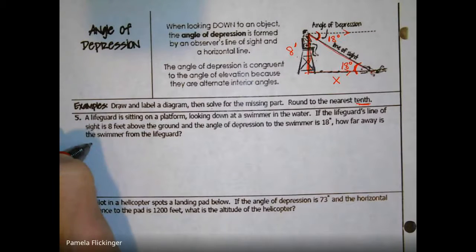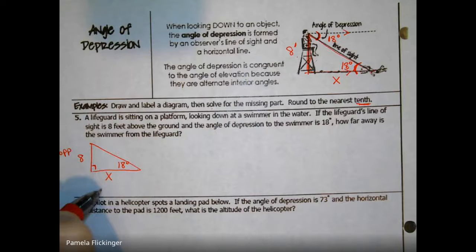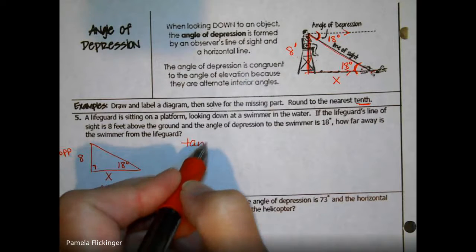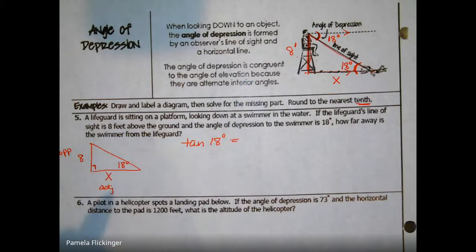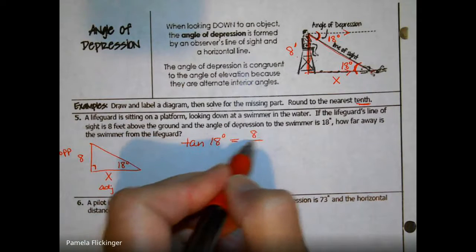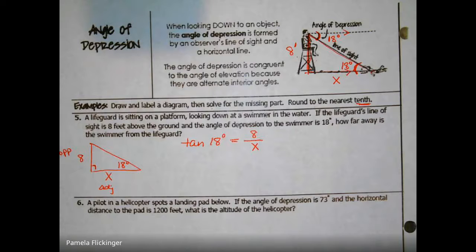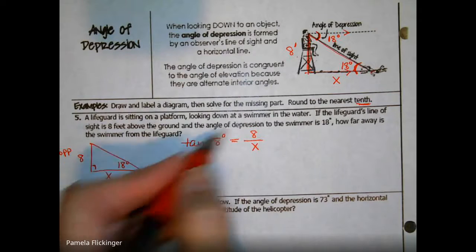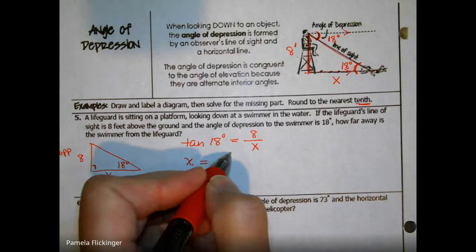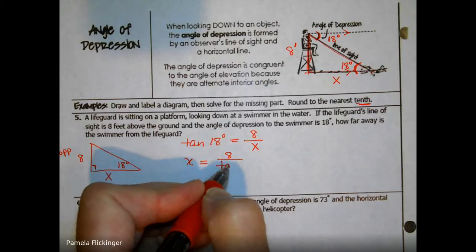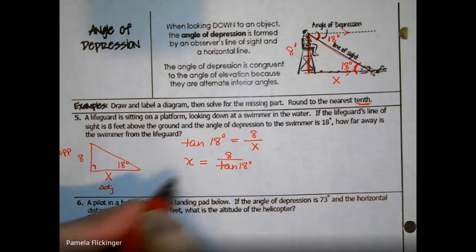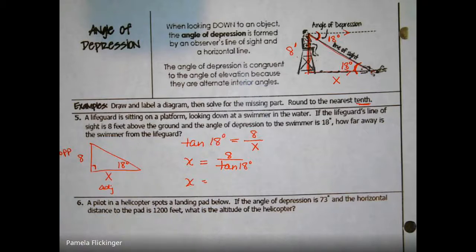If we look at that triangle separately, we've got 8, x, and then 18 in the corner. So 8 would be opposite that angle, x is adjacent. So we would be doing tangent of 18 degrees equals 8 over x. Cross multiply, and to solve for x, we would end up doing 8 divided by the tangent of 18 degrees. And that would end up being,